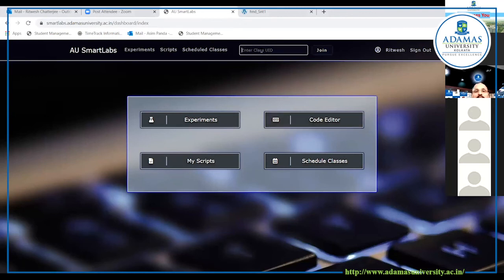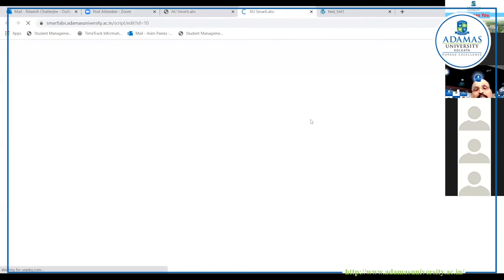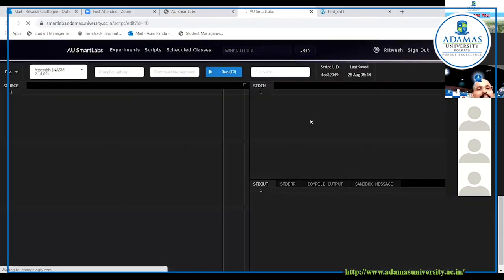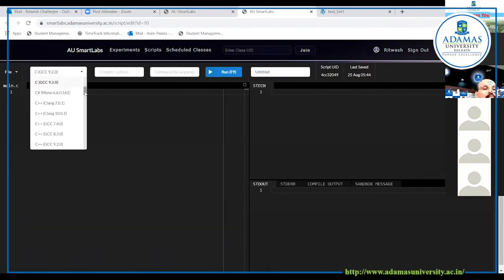You need to put in that class ID over here and click on join. And once you're done, it won't effectively show a lot of changes on your screen. It will just show that you have joined the class. And then what you would need to do is go to the code editor and try out your coding over here. So you have an option for quite a few languages over here.